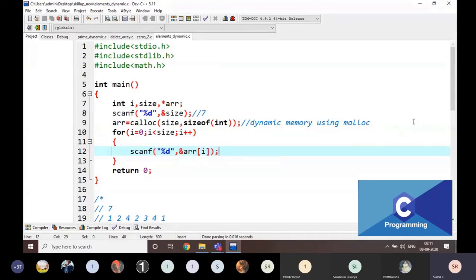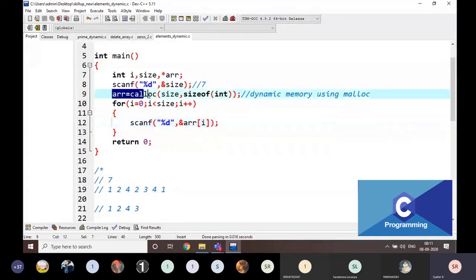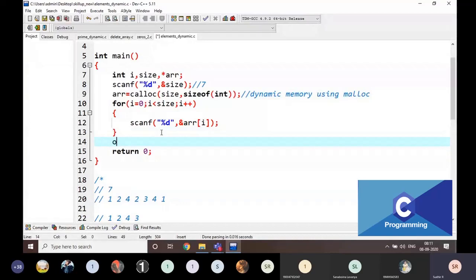I am going to read all the values. This is the allocation of the memory with malloc or calloc, whatever you want. There is no problem. Okay, then now I am going to call the function org elements,